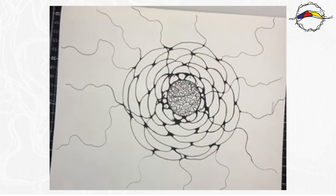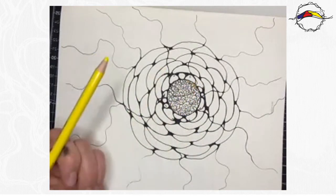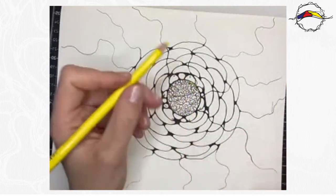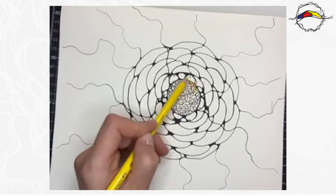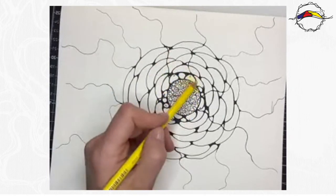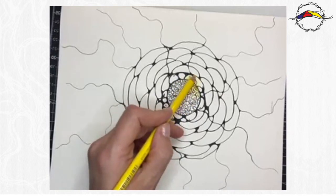So pick the colors that you really like, that make you happy. So I want a nice yellow inside. And when we work with color in Neurographica, we don't just do a little mosaic work, kind of like painting by numbers. We take a pencil and we cover several areas with the same color. Don't worry if your camellia is not going to look like a proper white camellia or red camellia. It doesn't matter. It's our fantasy